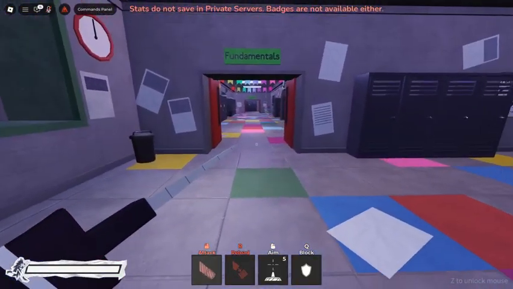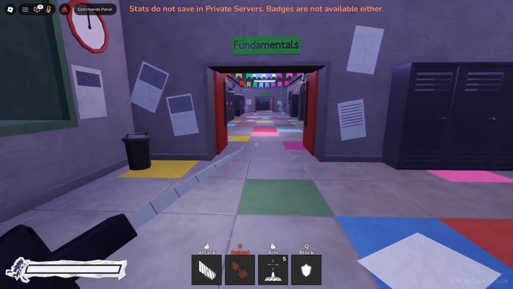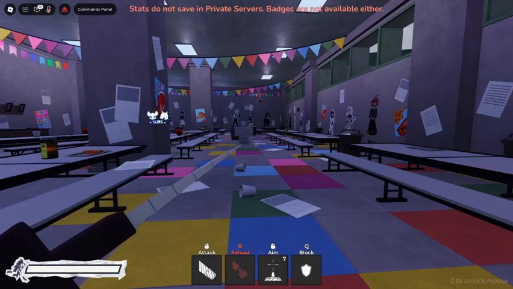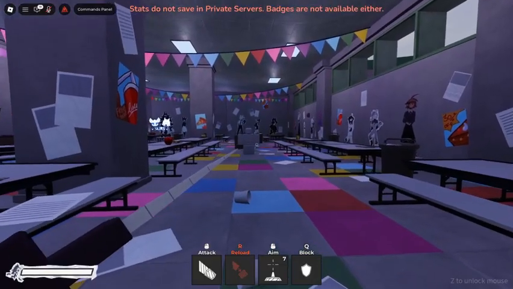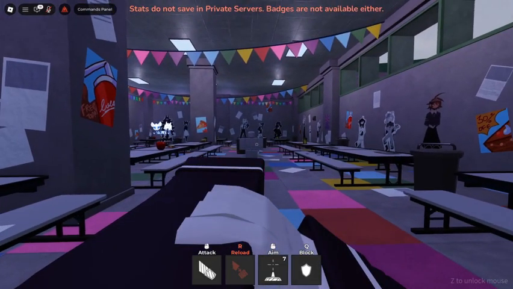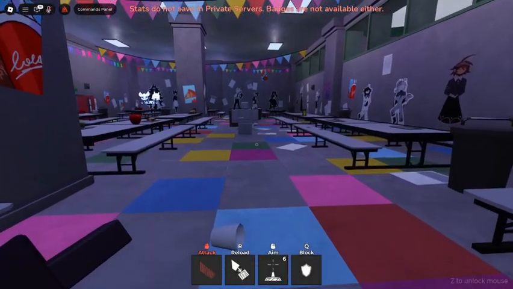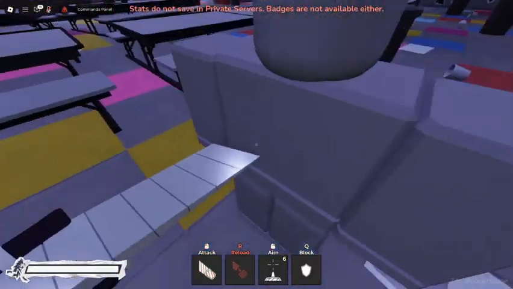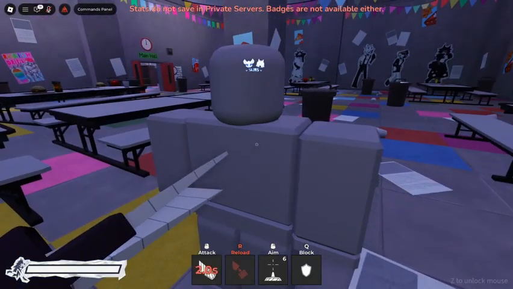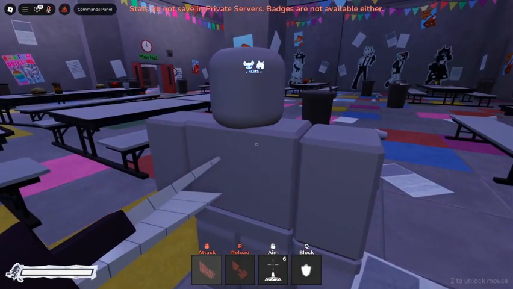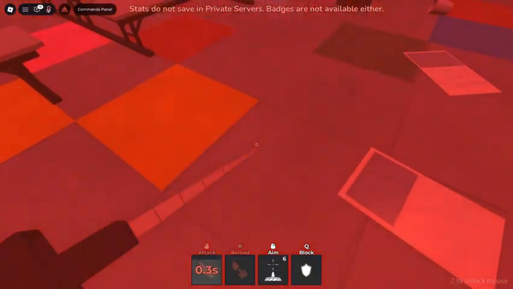Oh, let me set up another dummy. Hold on, give me a second. Okay, take 2. So if I were to shoot this guy, let's say, somewhere in his chest. As you can see, it did not kill him instantly. And now he has a weird thing sticking out of his chest. So that does mean I can now get a couple shots on him and kill him.